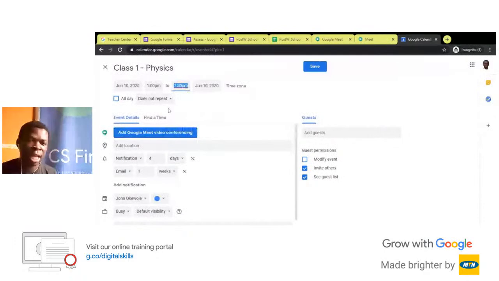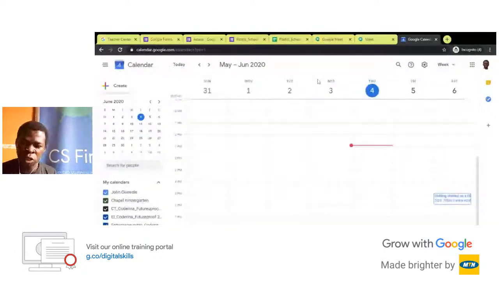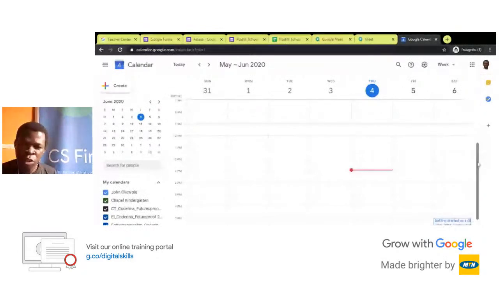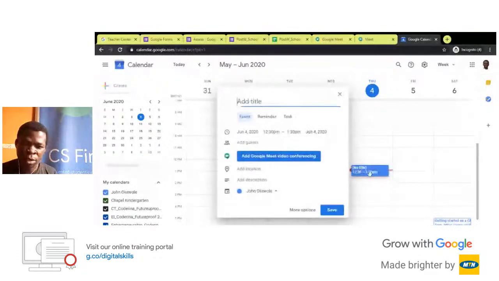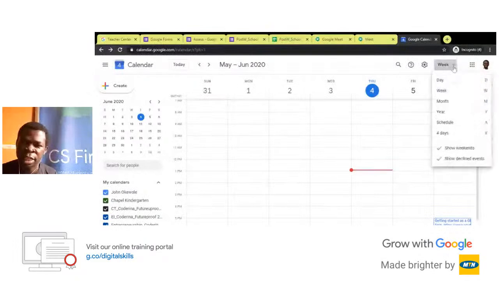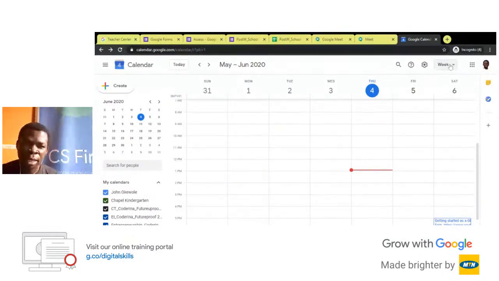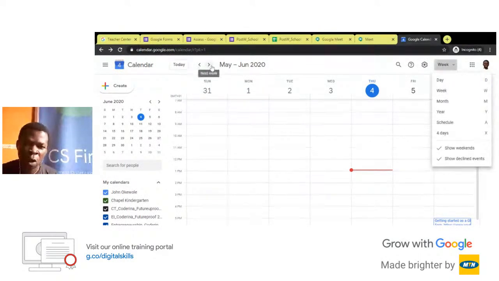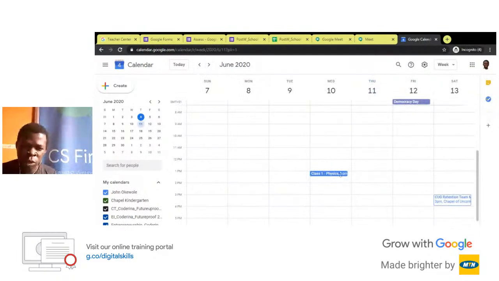Now with this, you can actually save it. I'm going to save it first, and then I'll come back to it. I save it, and you're going to see it somewhere here. Sorry. Okay, I put it to a date in front. I'm going to pull my calendar forward. Yes, so now you see that it's on the